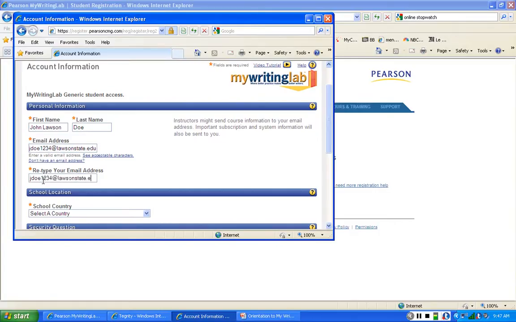This is the only way that the company will communicate with you. Say for example someday you forget your password and you would like them to send it to you. This is the address they'll use. So if you give them an incorrect address, there's no way for them to contact you. You can use your Lawson address or you can use your personal address, but just be very careful when you